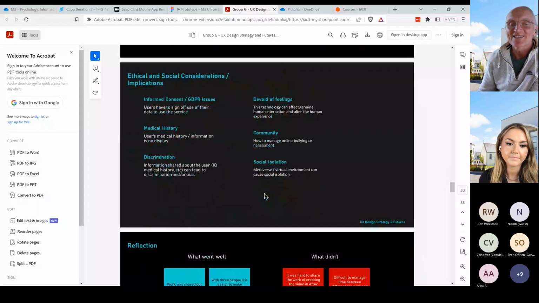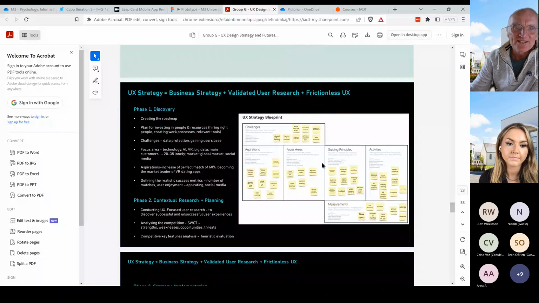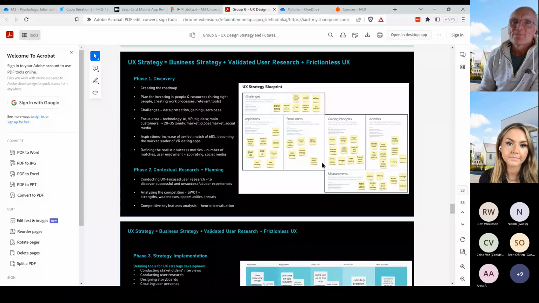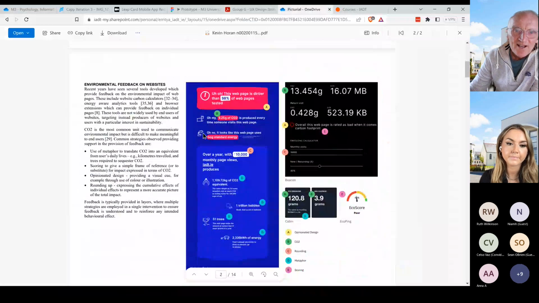And then, as well as doing all that, they have to consider what are the ethical implications of all of this. And then they would have considered, okay, how am I going to build this? How am I going to manage a team that's going to build this product in a way that's going to be successful? How am I going to ensure that people will want to use this product? How am I going to ensure that it's going to meet my business goals? And then the final project was your major research project.